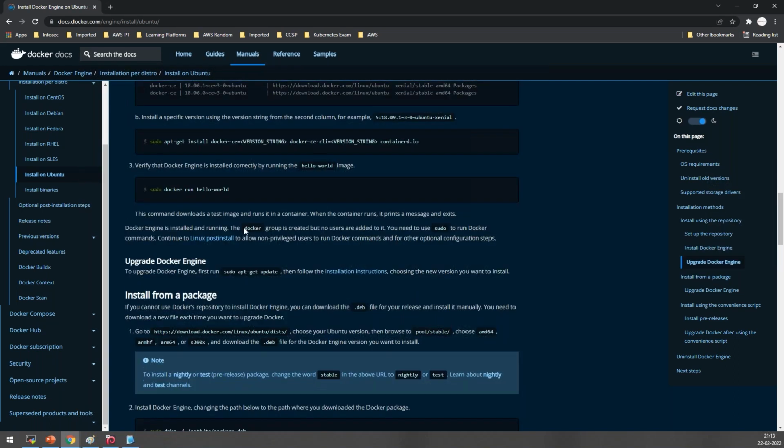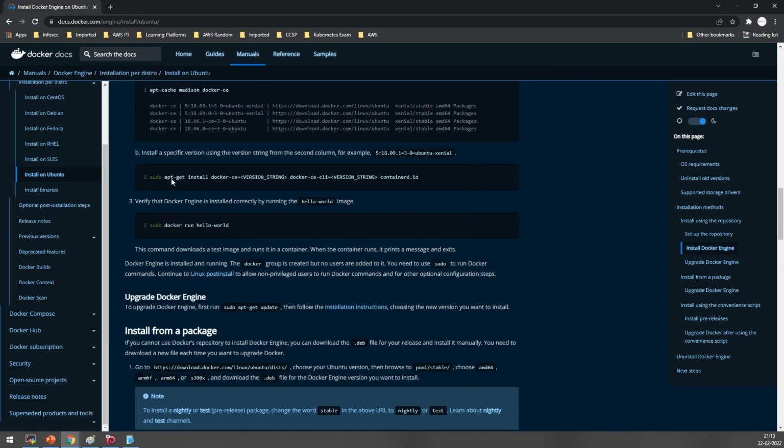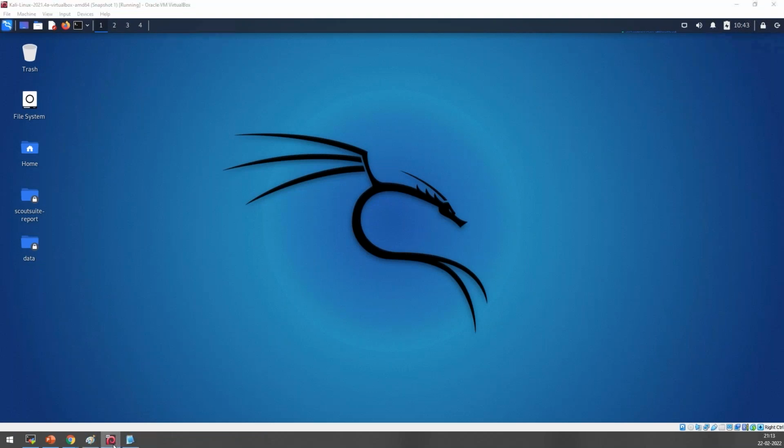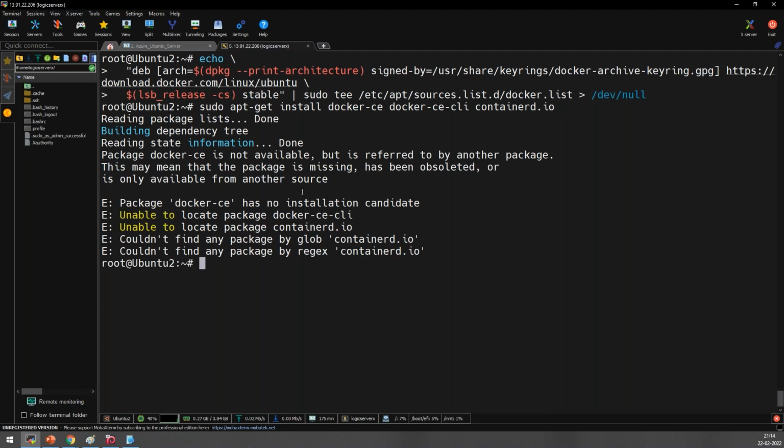Or let's say, Krish, I cannot waste my time on this, or do a lot of steps like this. So what I can do is use something simpler. There are multiple versions like Docker Enterprise, Docker, things like that. I am showing you the very easy way. I can just copy this command, which is the command to install Docker. I'll paste it in the command line here and press enter. Let's see if it's working for me.